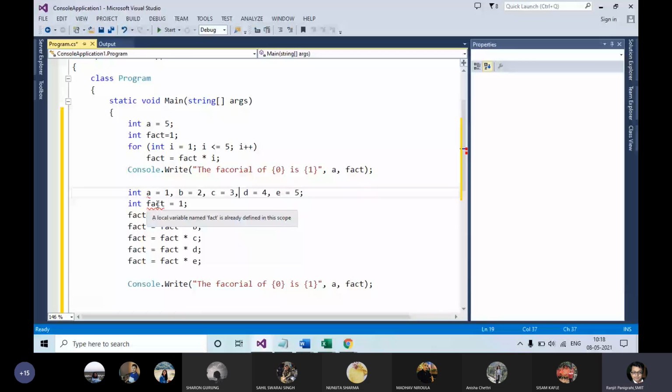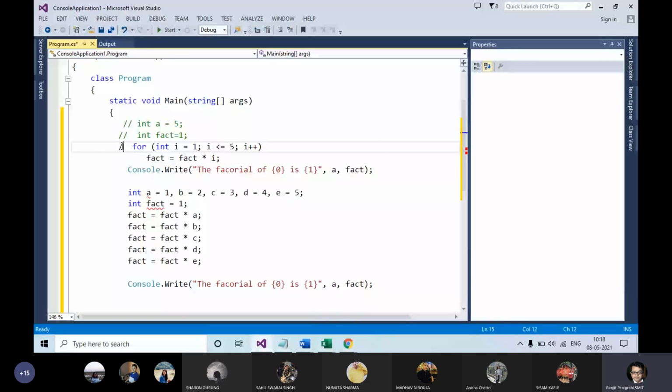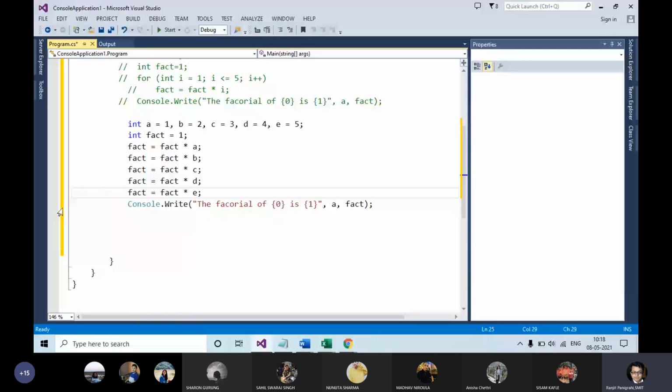Okay, look at this. Here also it will calculate the factorial. No error. If you run it, you will not get any error and it will calculate the factorial of 5. But it only calculates the factorial of 5, not even 6. If I want the factorial of 6, then I have to declare one more variable, f, which is not practically feasible.